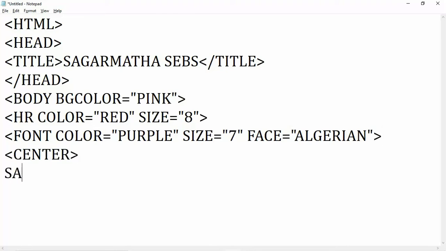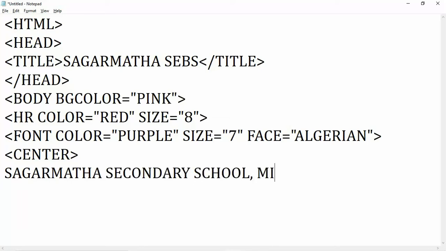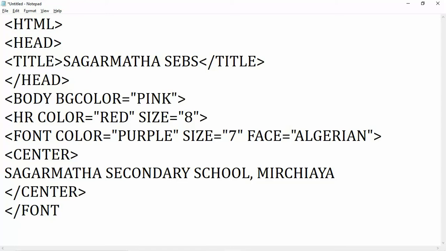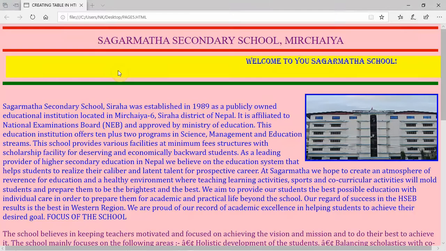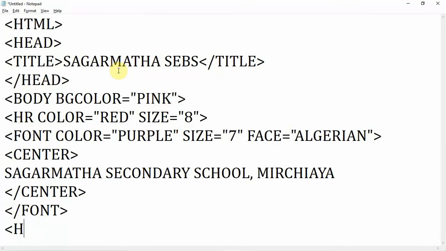And after that I want to write Sagarmatha Secondary School Mirchaya. Next I have to close the center tag, next I have to close the font tag. If you want to keep another horizontal line, you can see another horizontal line. So again HR, you can write color equal to red, and size again I want to give here 8, and next I want to close the angular bracket.